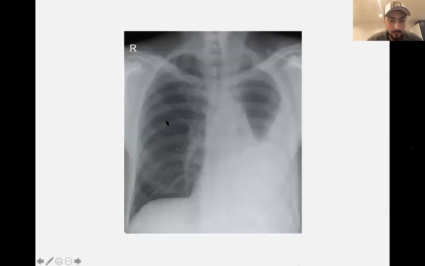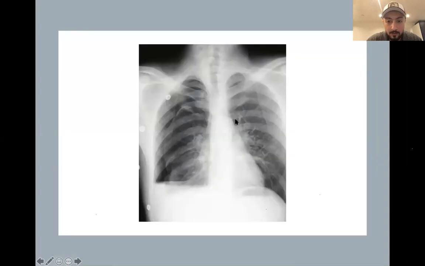Let's do the same for this one. So you can see the scapula are not overlapping the lungs in here. So this is PA. Okay. And this one, first of all, if you look at the rotation, you can see here the spinous process is closer to the left clavicle, so it is rotated towards the right side. Okay, you can see the top vertebra, so I would say it is adequately exposed,